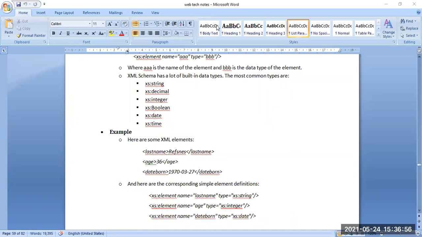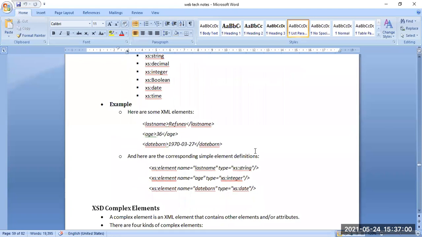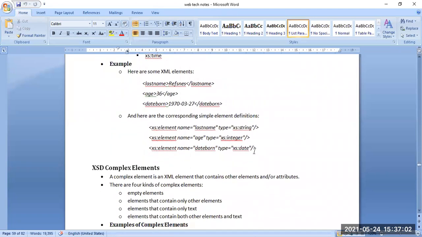Okay. So this is the part up to which we are going to discuss today. Next, the complex element we will cover in our next class, because there is a network issue and it is connecting and reconnecting again and again. So we will stop here for today and continue in the next scheduled classes.